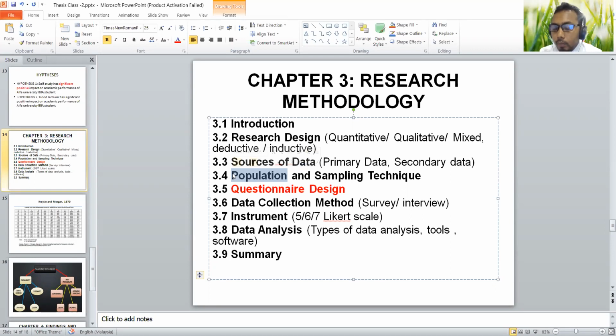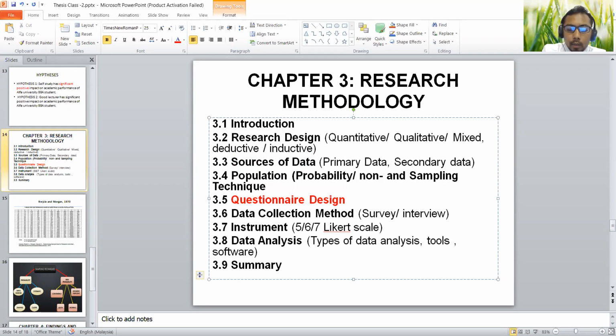If you know the number of the population, that is called probability. If you don't know, then it's called non-probability. Is it clear? If you know the number of the organization, if you do the research onto the